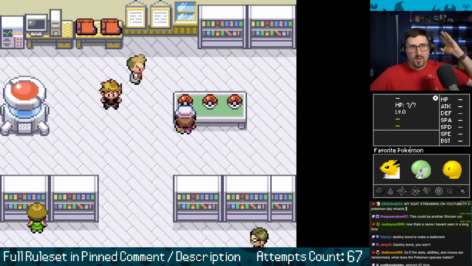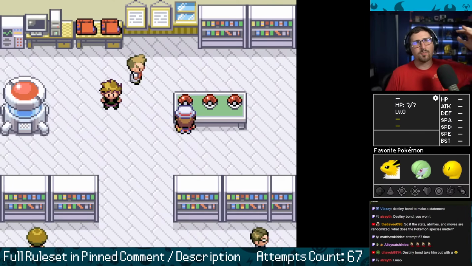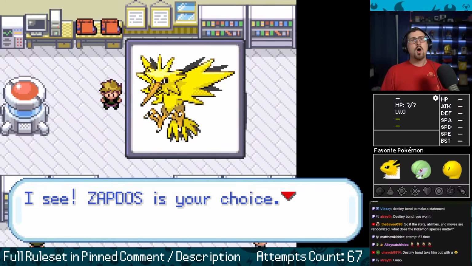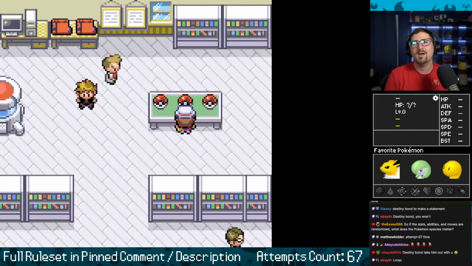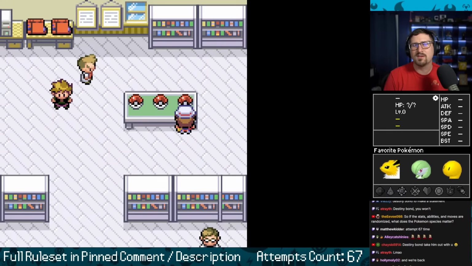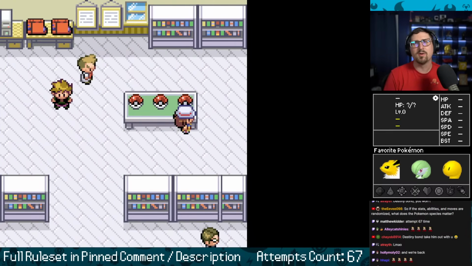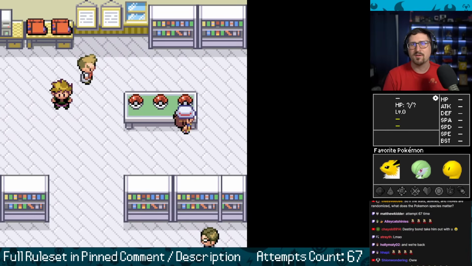Yes, we can beat up on a Larvitar with our... I always pick left, by the way. You have to lock into your pick beforehand. That's why I'm always taking the one to the left. If you see a better Pokemon in the middle that I'm not taking, there's probably a rule somewhere in the rule set. No! Okay, so here's the rule on Zapdos. You're not allowed to take legendary Pokemon. In this rare scenario, you are allowed to pick one of the other two. Boo! So let me think. I always got to remember. I think I have to take the right Pokemon in order to fight the middle Pokemon. If I fight the middle Pokemon, then I have to fight the Zapdos. Pretty sure that's right, yeah.